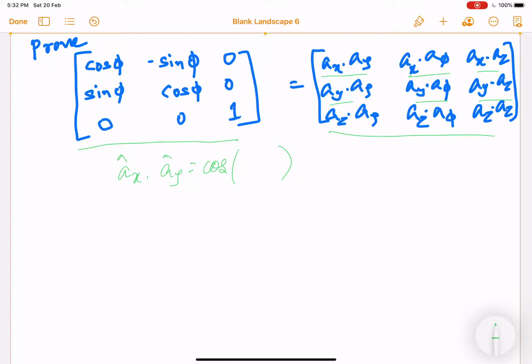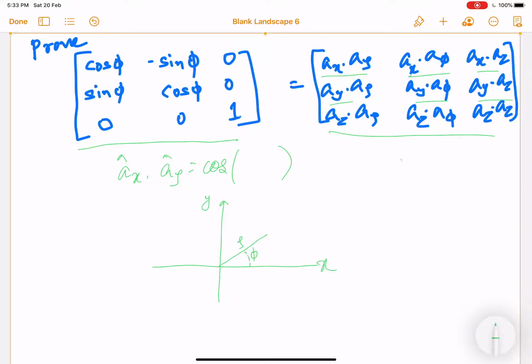So what is the angle between them? For that, let me draw a two-dimensional structure, because rho is defined from the x-axis, and phi is also defined from the x-axis. If I use a two-dimensional structure, it will be very convenient to show you. You can consider the floor of your room, and the z-axis is above it, out of the paper. Suppose I have to draw phi, then I obviously start moving from the x-axis, and this is my phi and this is my rho.